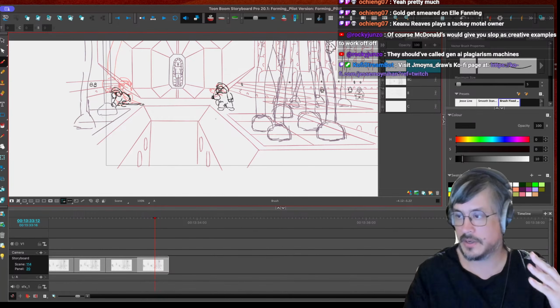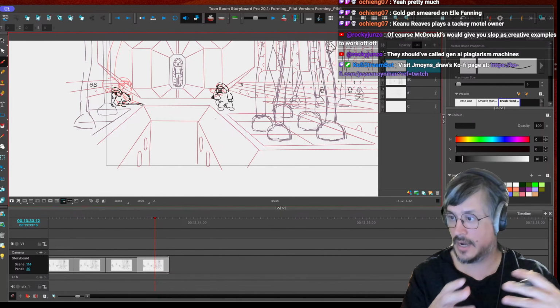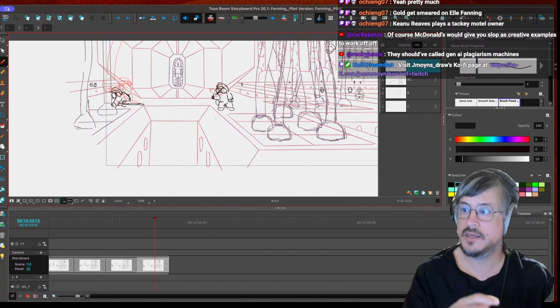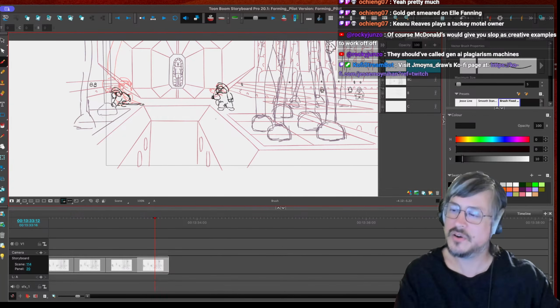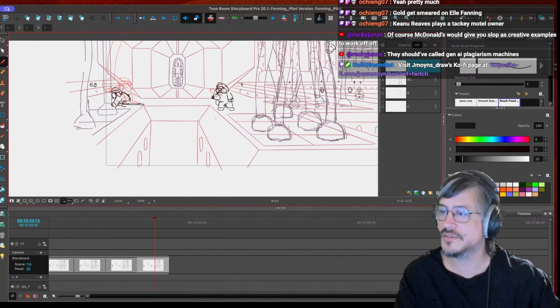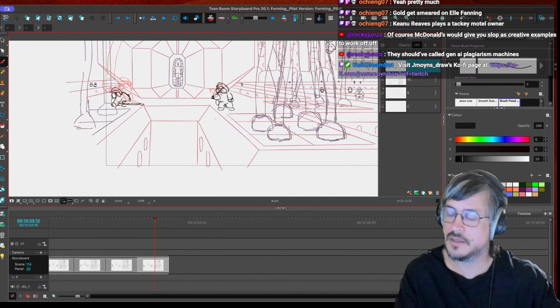Because there was a whole thing about don't use purple, and then all the AI examples they would send me were purple. And I'm like, okay, so you don't even understand color, or how to communicate through color.